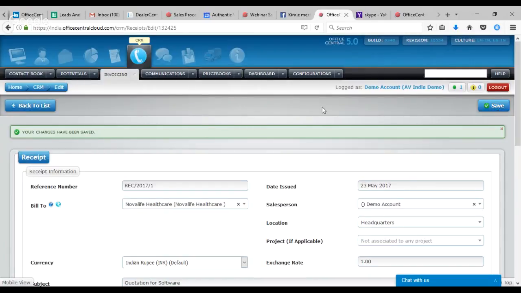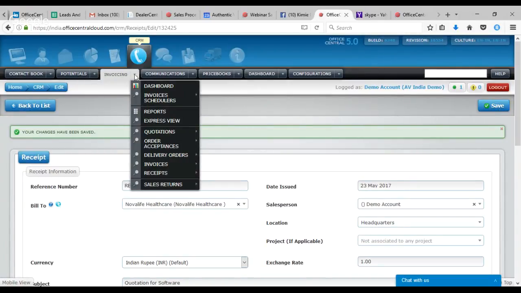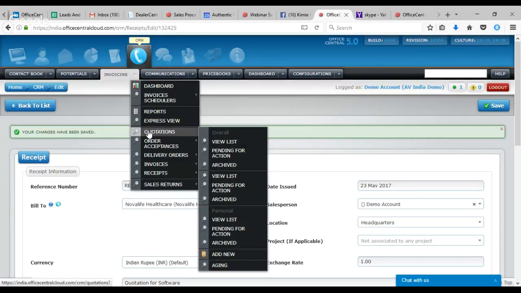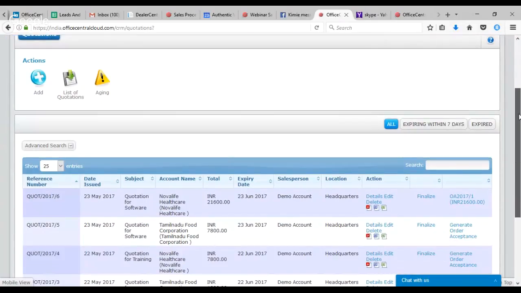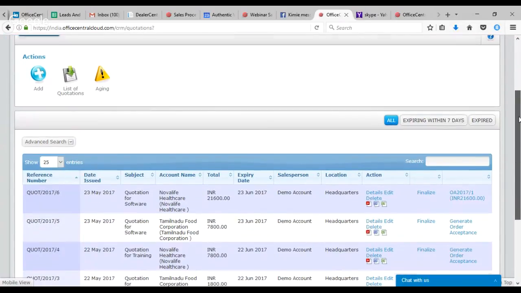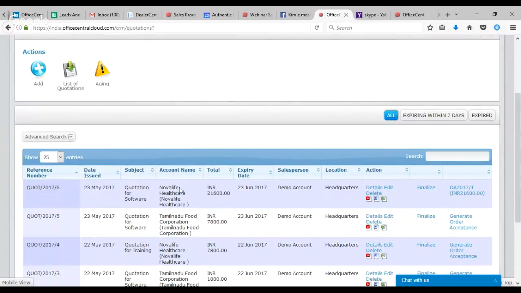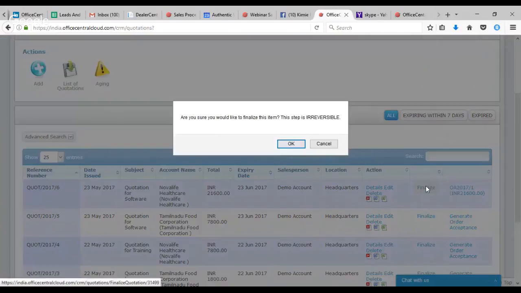So that's it. That's the whole process from quotation until receipt. You remember that you do the process from quotation, and from the quotation you do the whole process until it is finished. For example, the Nova Life just now, you actually have the order acceptance number, but some of these quotations don't have order acceptance yet. But this one is already done, so if I put in finalize, then basically